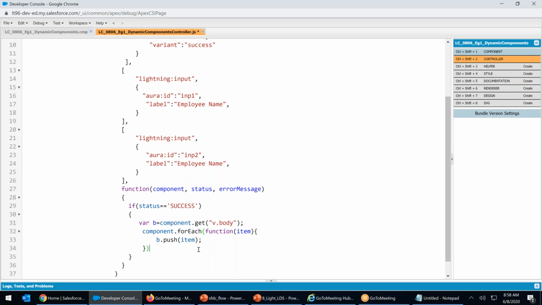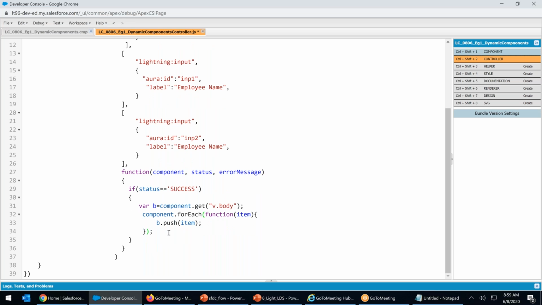Right, clear now? For each, once this is done, okay, here there's a semicolon, because this is component dot each. Be careful on these semicolons, right? One small mistake will keep on creating problems. It ends here. Actually this is within that one line only. The end of the line is this.